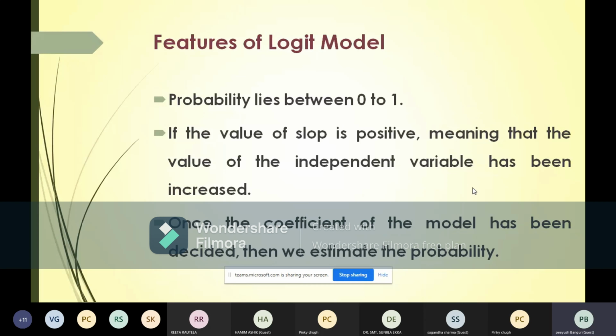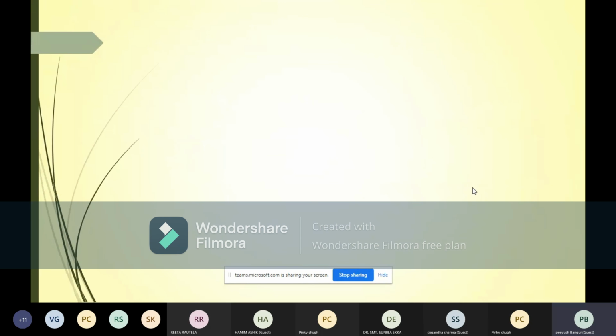Now, for example, my probability comes 0.09. That means I'm sure up to 10% statistical significance. That means I'm 90% sure that my research is okay. Fine. So these are the basic features of the Logit model. Now, another model we have, that is the Probit model. See, Logit and Probit are almost similar, but the main difference is here we see the